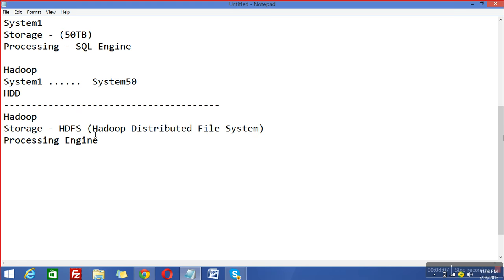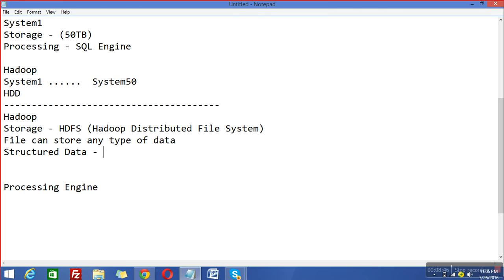Means Hadoop is based on a distributed environment, just like I gave you the example: the load of one system, why don't we distribute it on multiple machines? So Hadoop is based on a distributed environment, and Hadoop saves data as files. And this made Hadoop storage flexible. A file can store any type of data.